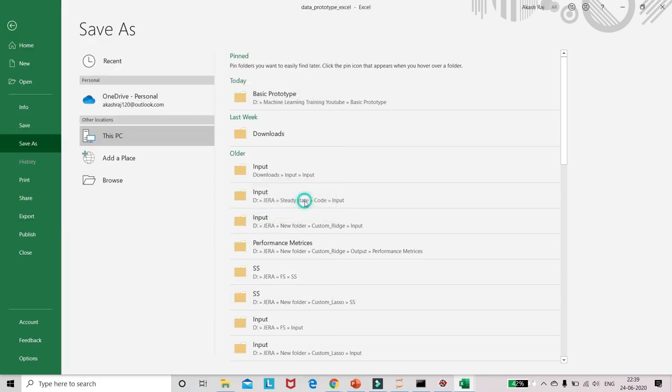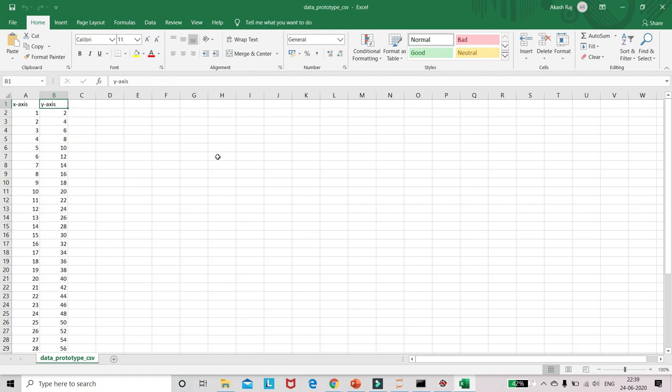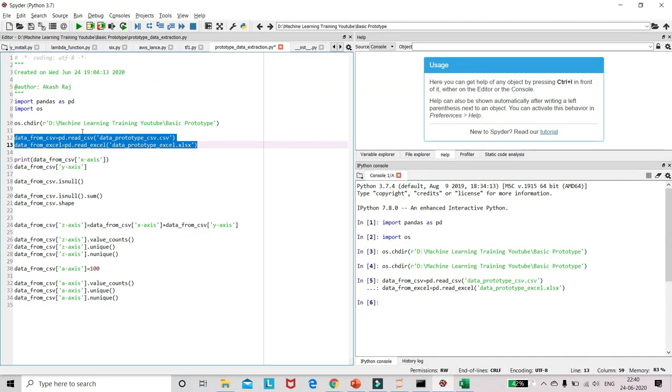Mostly the data available in open source environments, in Kaggle and elsewhere, and from IoT data sensors comes as CSV. So we mostly prefer CSV as our input data, but here I will show you two ways to read a file: one file will be CSV, one will be Excel. In this line, pd means pandas, just an alias for pandas. It is reading the CSV with the full file name. Similarly, we have read_excel. This function is present in the pandas library and has the capability of reading this Excel file.